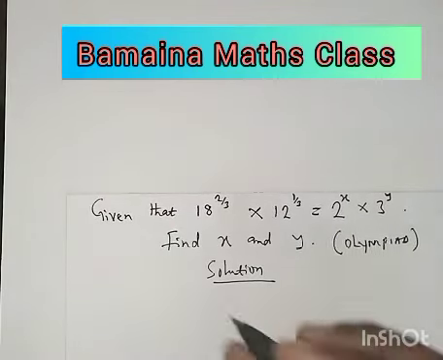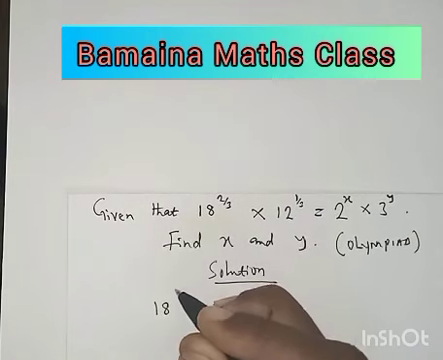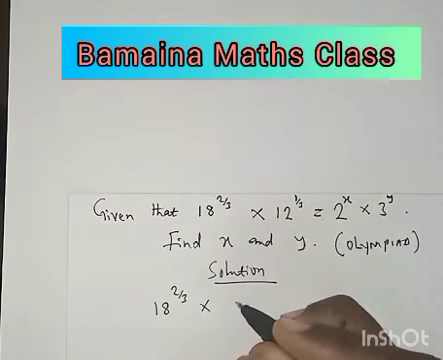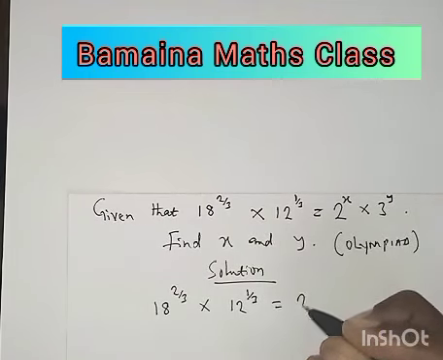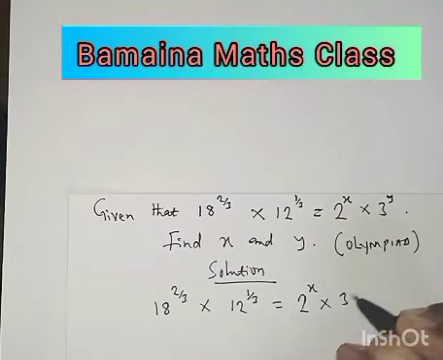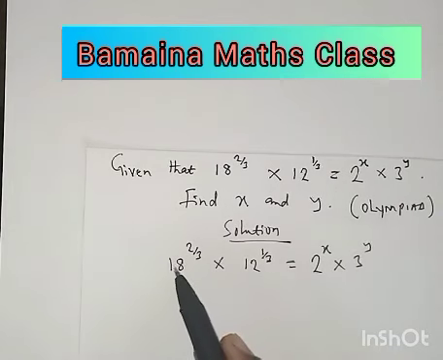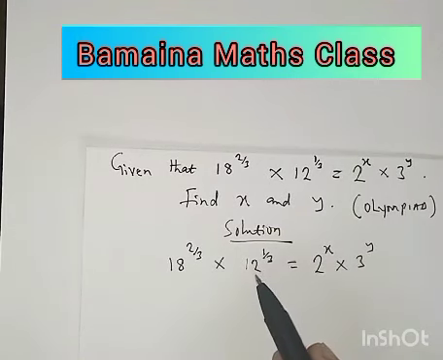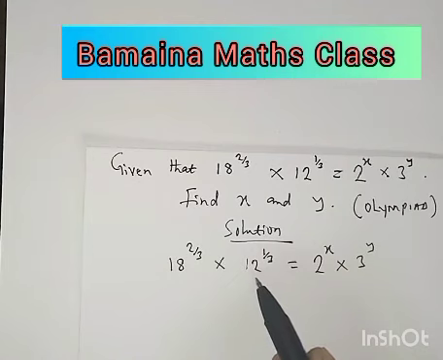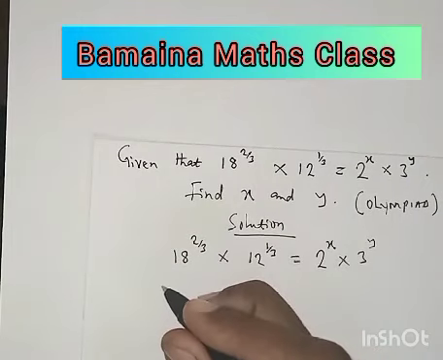First of all, we rewrite the equation given. We have 18 power 2 over 3 times 12 power 1 over 3, everything equals 2 power x times 3 power y. So let us look at this 18. 18 can be expressed as a product of its own prime factors. The same thing, 12 can also be expressed as a product of its own prime factors. For example, if you have 18 here,